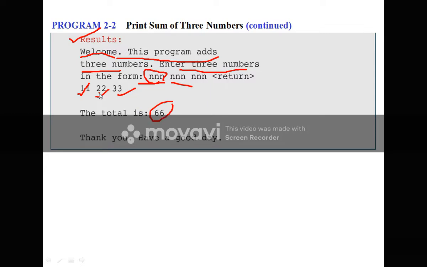These 3 values get scanned by scanf, the addition operation is performed, and printf displays our result. Thank you, have a good day. This was the last statement in our program. So this is the output of that particular program.